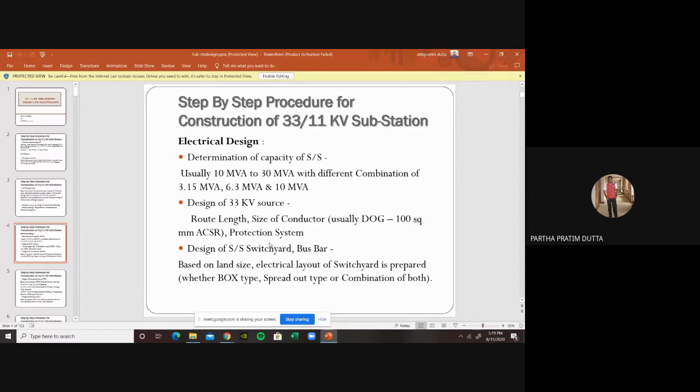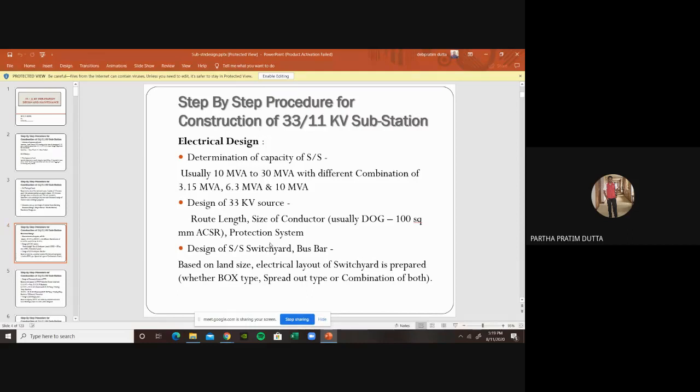In the earlier stage, in the 1990s or the early 2000s, 10 to 20 years back, we usually used 3.15 MVA power transformers because the load did not change so drastically with the passage of time. But nowadays we see that within 1 to 2 years of building a transformer, maybe 3 years for construction of a substation, 80 to 90% of the load has been saturated in the substation.